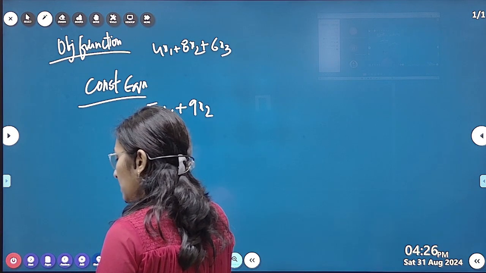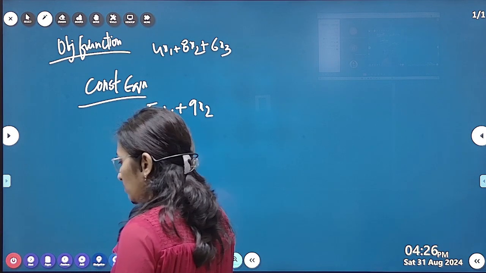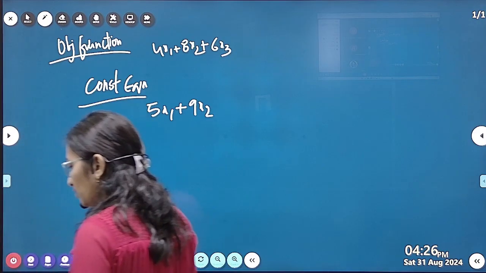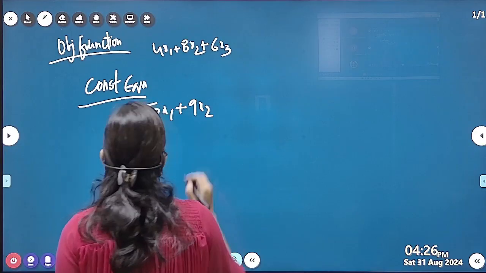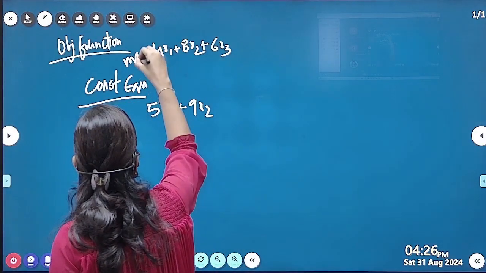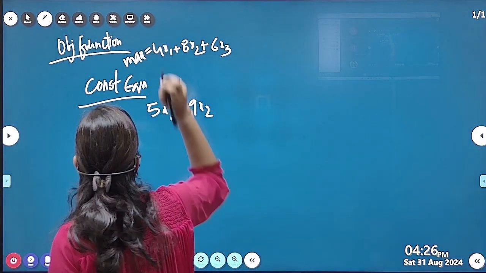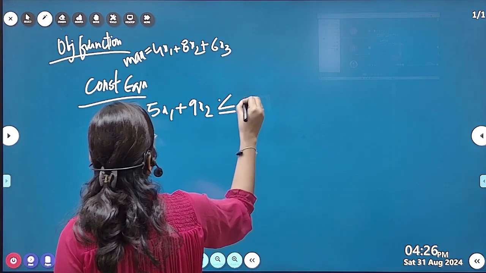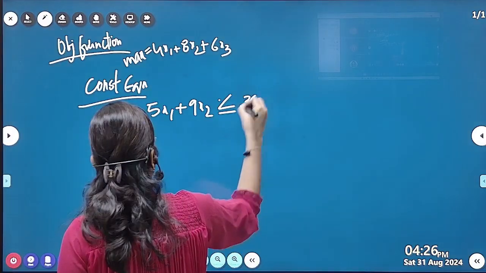Okay. So how are they taking less than or equal to? The linear programming matrix is already in the question. They have mentioned maximization. So the objective function will be maximum. So it will be less than or equal to 36. Next,